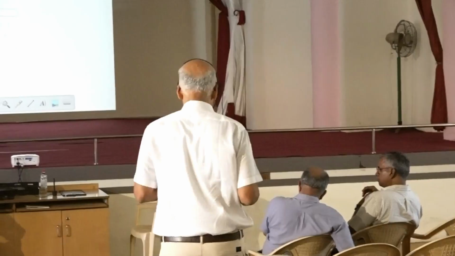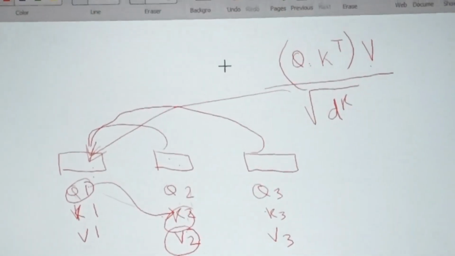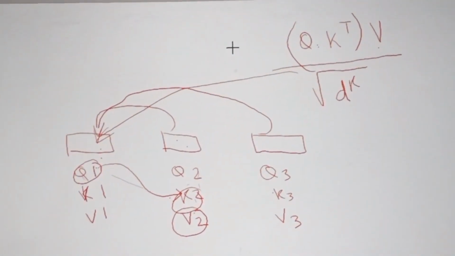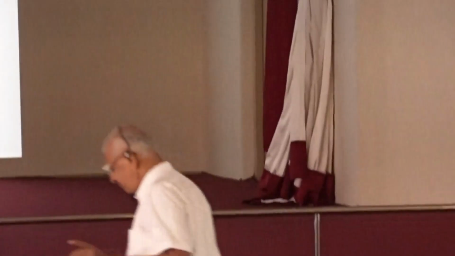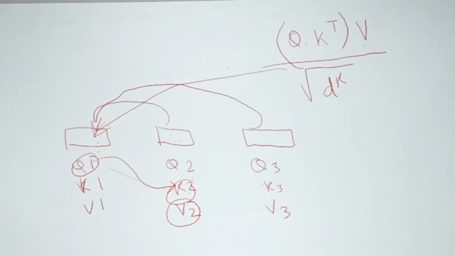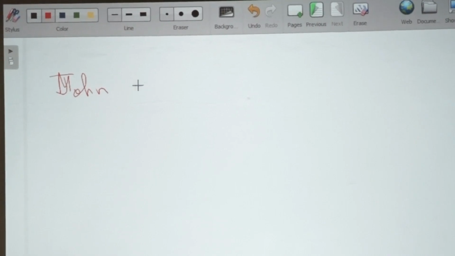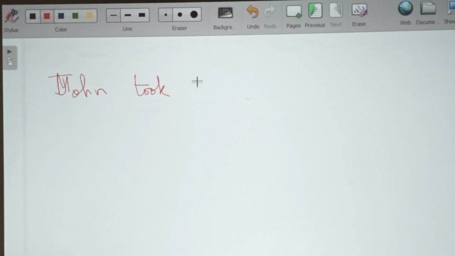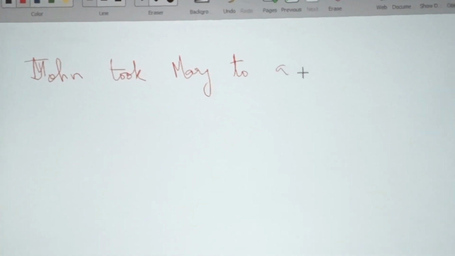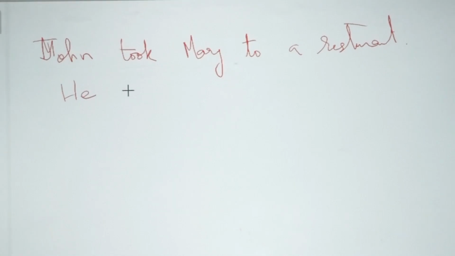Okay, how do these words start getting enriched? I think I'll give you an example and then I'll give you another example later. Here is how it happens. Look at these two sentences. John took Mary to a restaurant. He bought